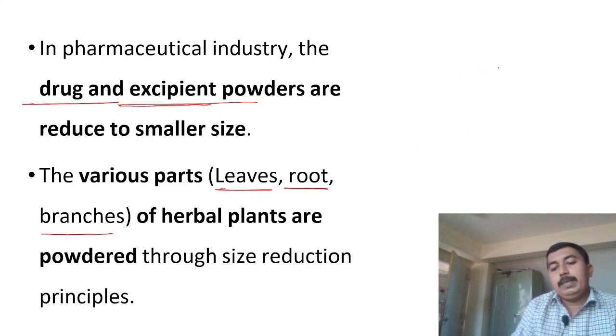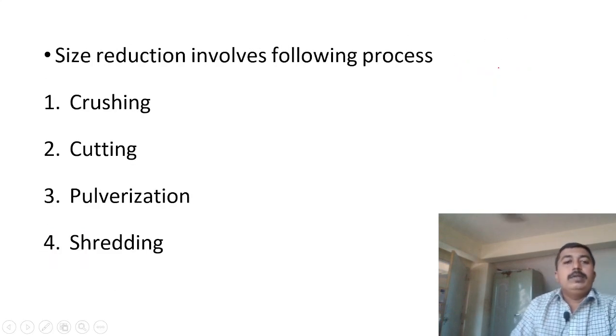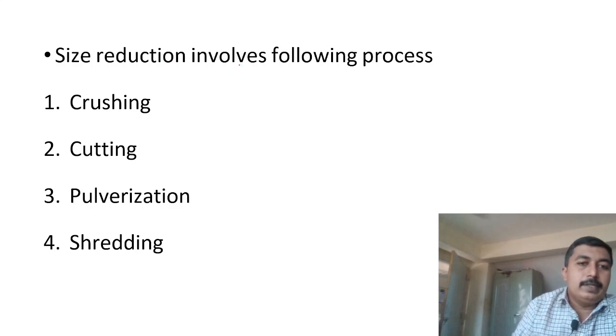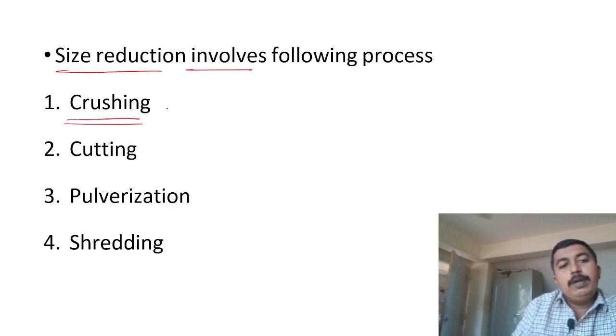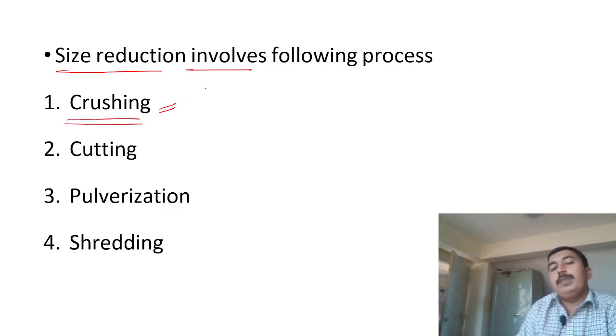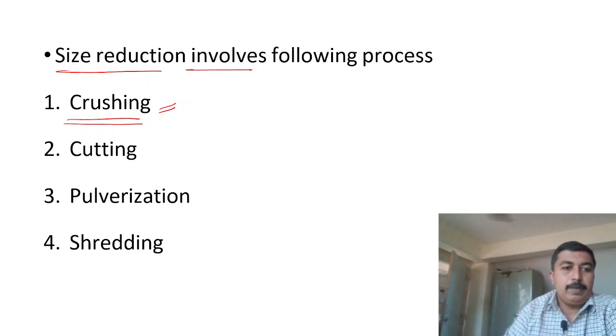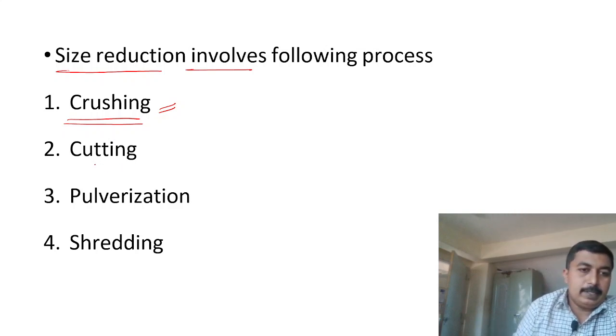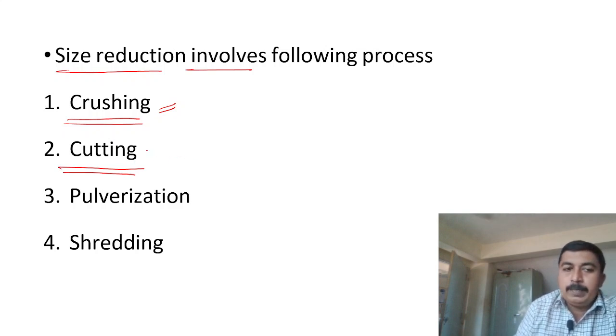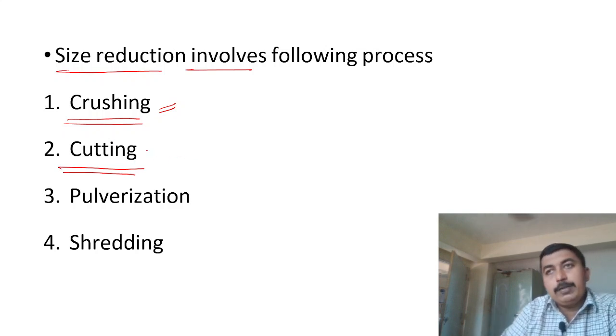Next, we will see the next point, that is how you can carry out size reduction. So, which are the different techniques of size reduction? First is crushing. So, here powder material is crushed by applying a compressional pressure on the powder material. In between two objects of the mill, the powder material is crushed, like in a roller mill. Then cutting with the help of sharp blade, sharp knife, the different parts of the medicinal plant